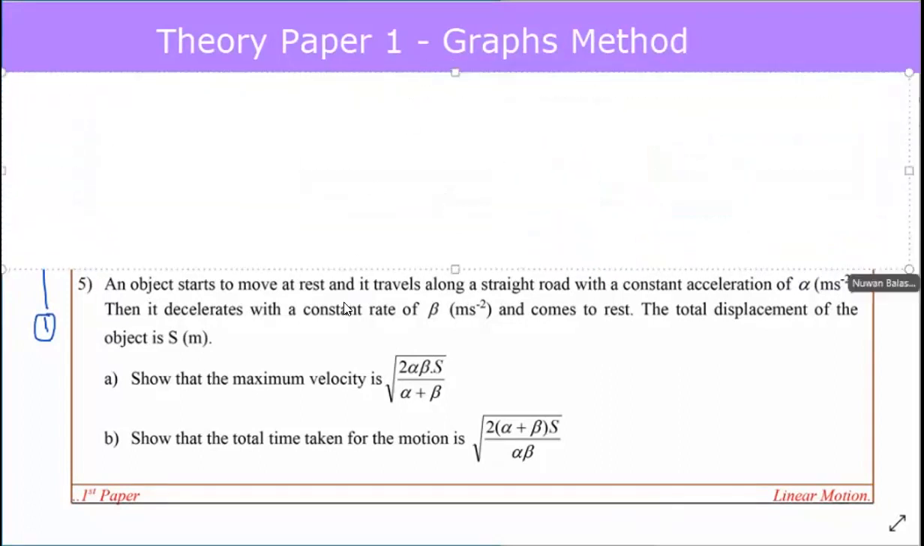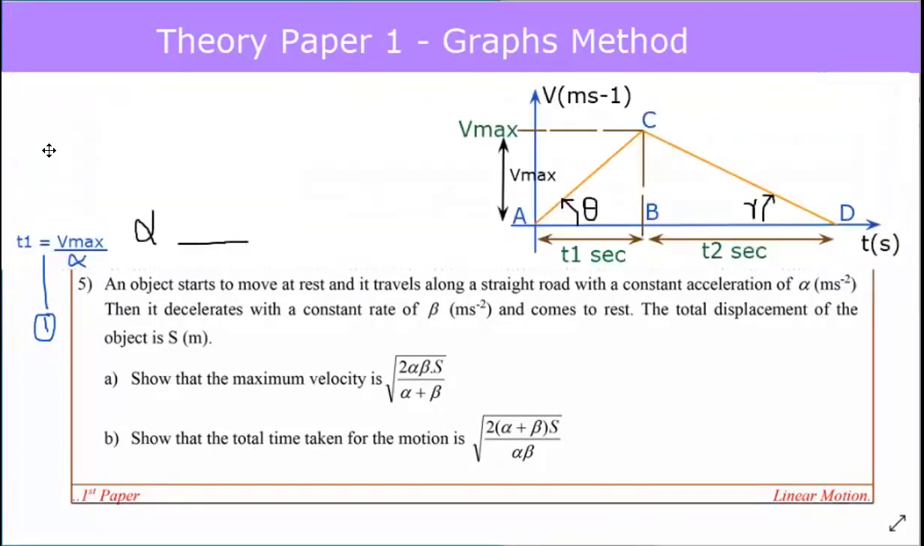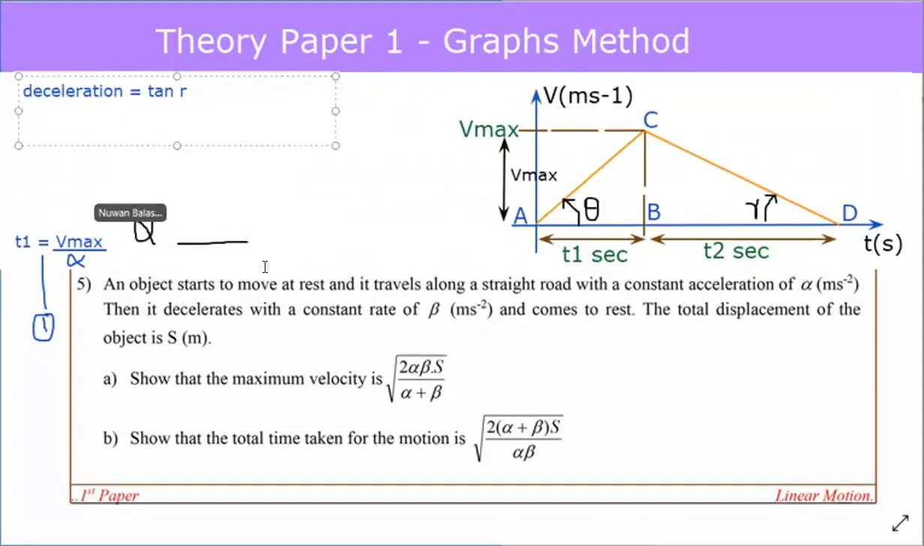Let me write like this. Everybody please write with me. Deceleration equals tan gamma. Gamma deceleration they have given as beta. That's the case. It's somewhat difficult for me to draw, but I'll try my maximum. So deceleration they have given it as beta